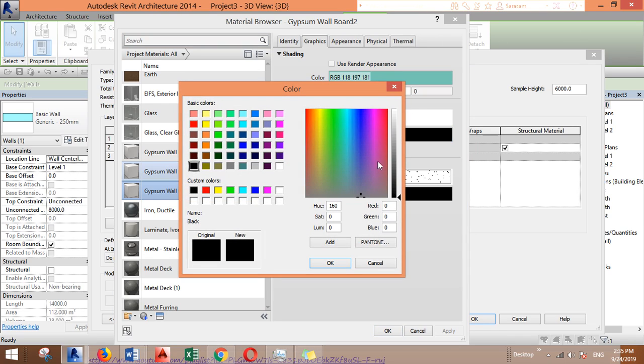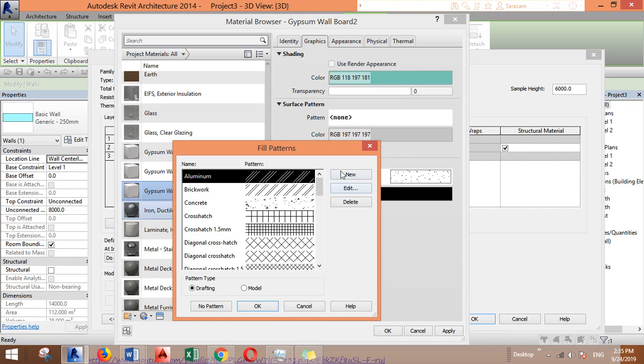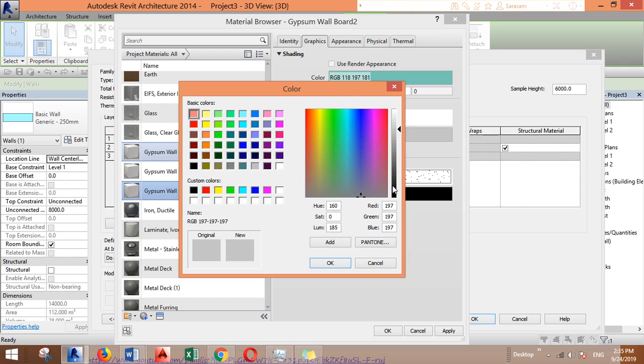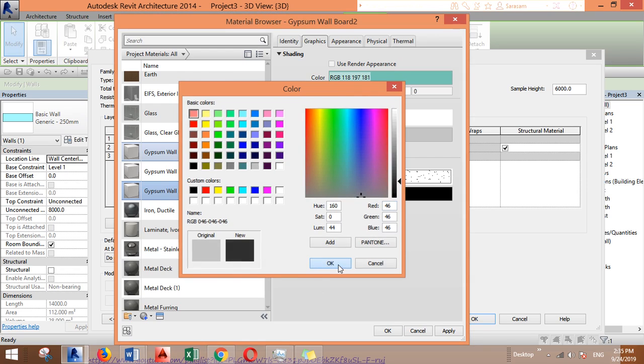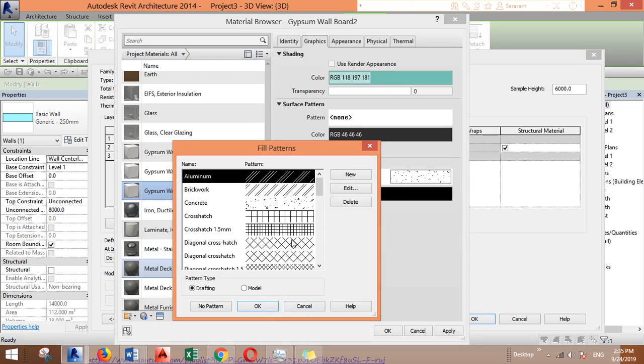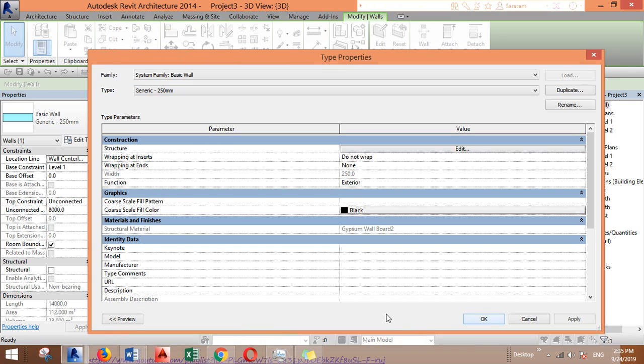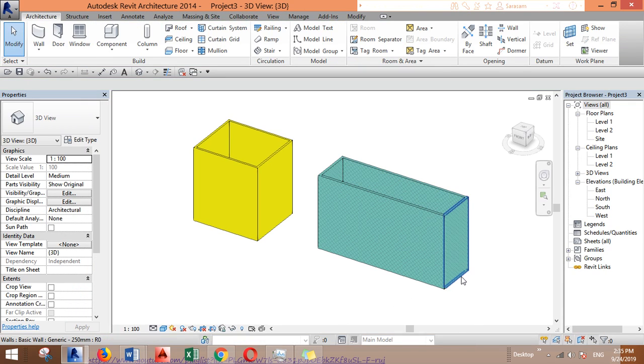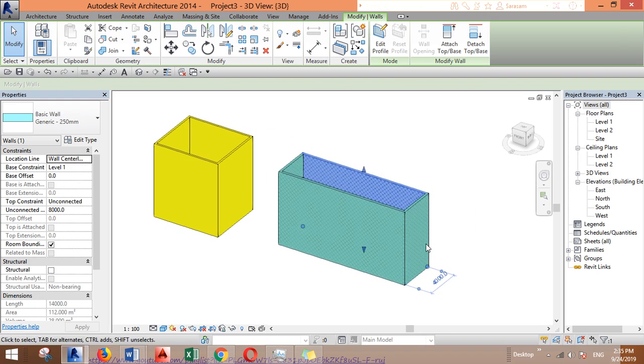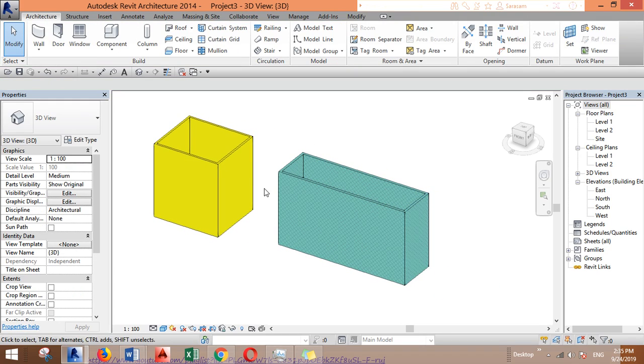Let's say we want gray, for example, or black, for example. Let's make it black so it's more visible, and we want this pattern. As you can see, it's applied. We have the color, but we have also a pattern on the surface. And that's it for this